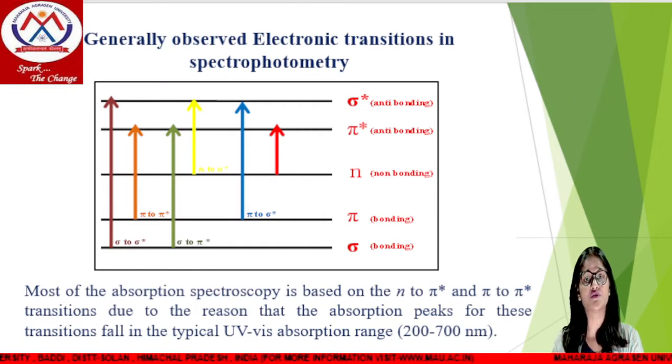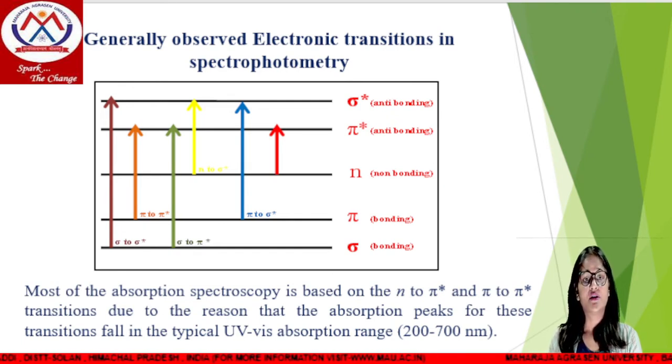This is a generally observed electronic transition in spectrophotometry. These are all electronic energy levels. Sigma and pi represent the bonding energy levels. n represents the non-bonding energy level. Pi star and sigma star represent the anti-bonding energy levels. So, depending on the radiation we are using, different types of transitions can take place. For example, if you are using higher energy radiations, sigma to sigma star transitions can be observed, while for lower energy radiations, n to pi star or n to sigma star